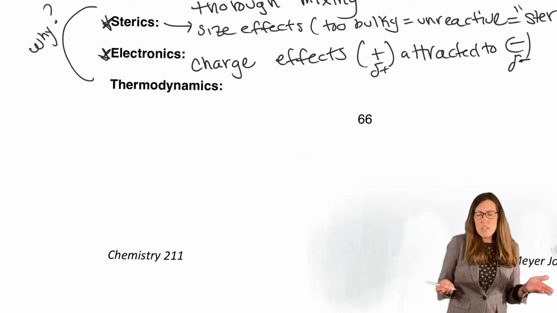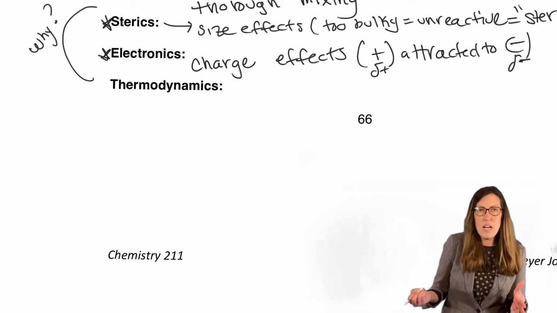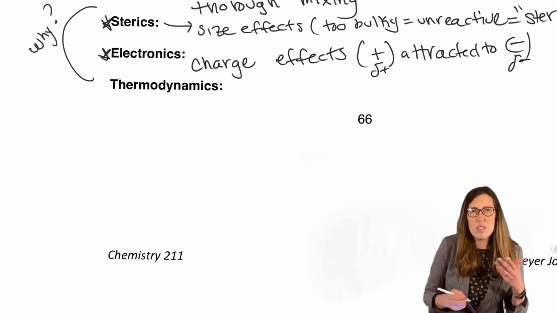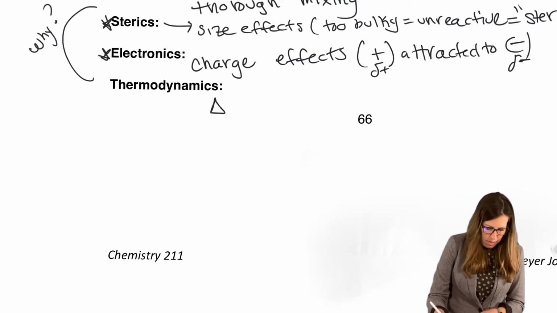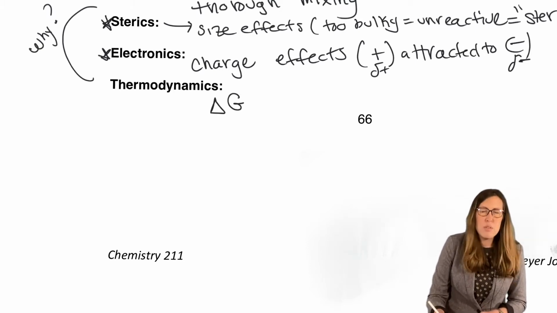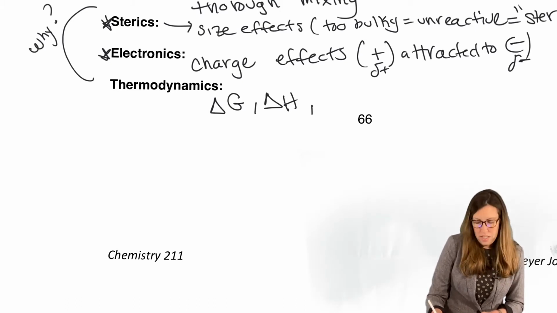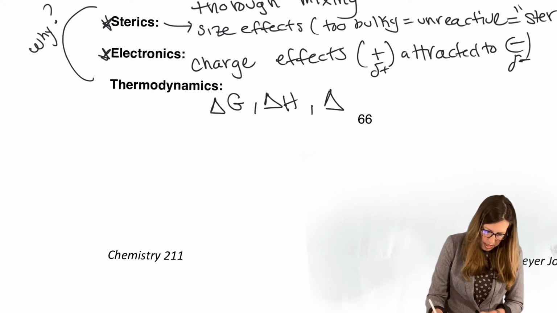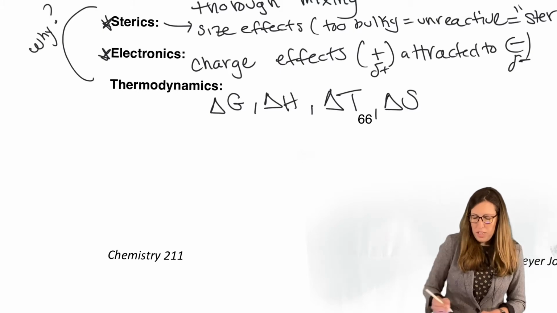And while we're trying to understand what's going on, we'll sometimes use data to help back that up or explore, look up the data, see what it says. So we're talking about thermodynamics at this point. Some of the parameters you want to be comfortable with are Gibbs free energy, enthalpy of reactions. There's a lot of H's out there, but it's specifically enthalpy. Delta T, that's temperature, and delta S, entropy.